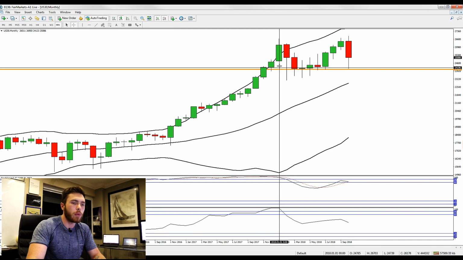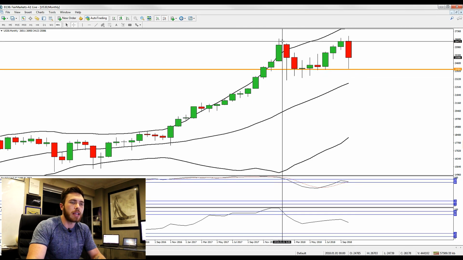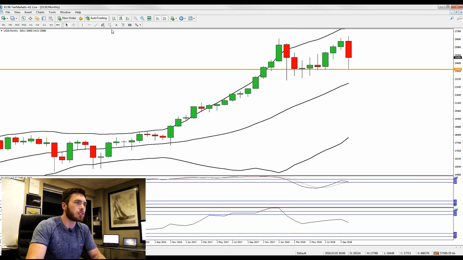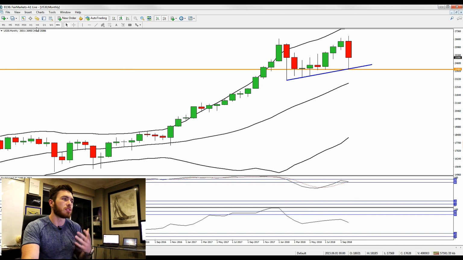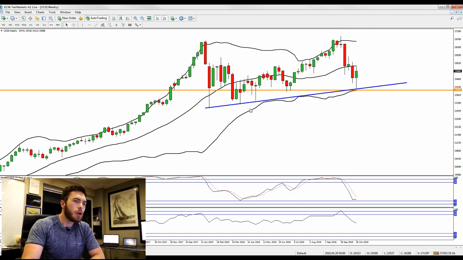So if we go all the way back, all the way towards February, we've got these very, very long wicks. So as you can see, price action is coming all the way down and rejecting this level very strongly. So if we take a trend line, we can see right over here, there is a very strong level where price is rejecting. Now, this is a very good example to see how price does not want to move below that line.